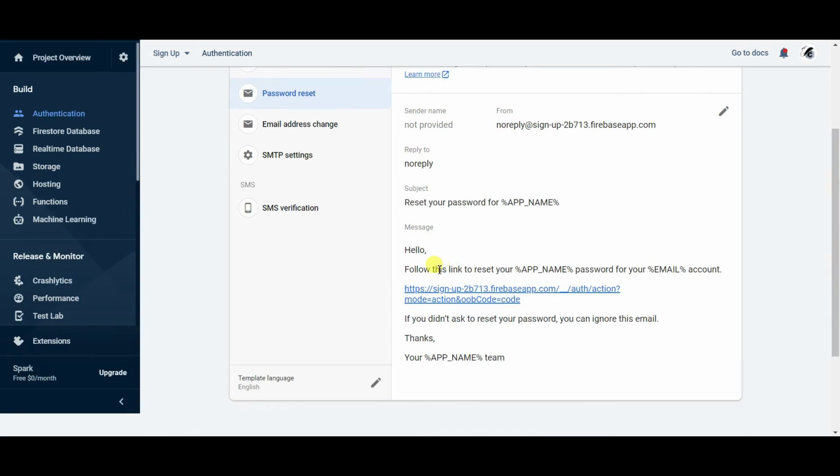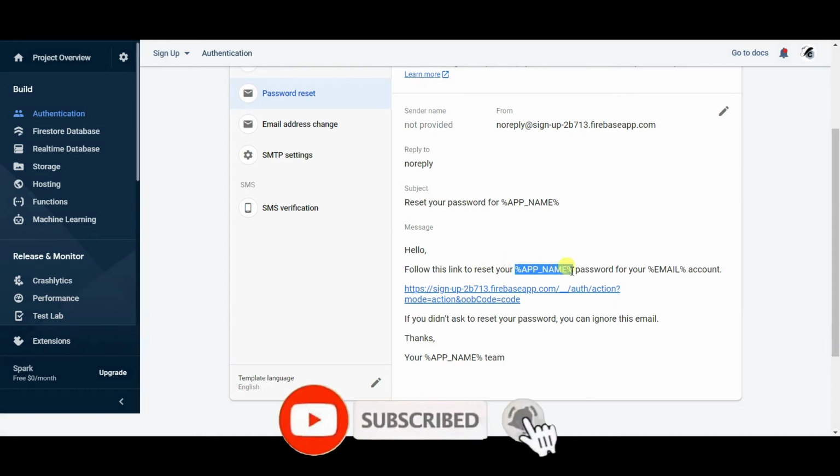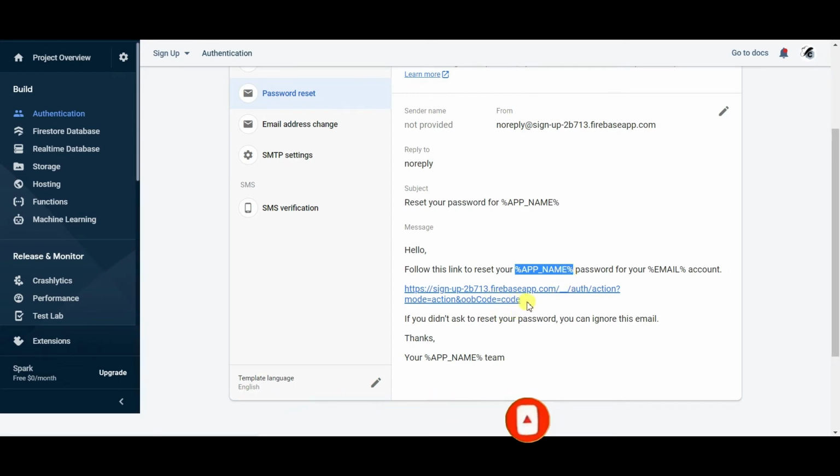Here you can see the app name, so you can add your app name over here. And you can also change the link. You can add your custom domain, which means if you have your own personal website which you want to add here, you can add that as well.